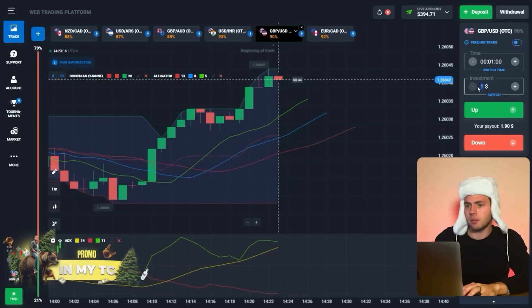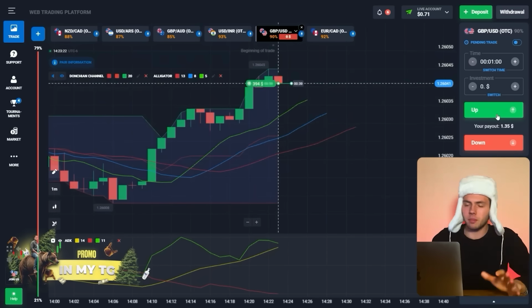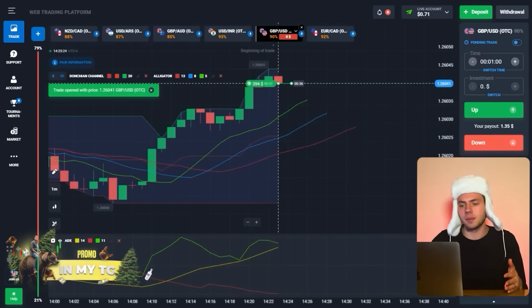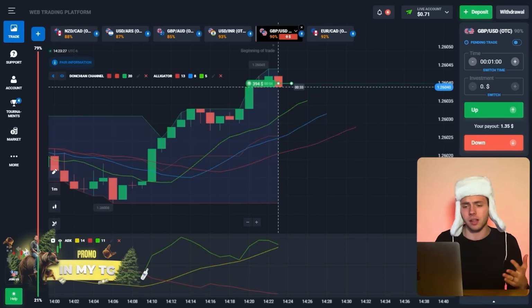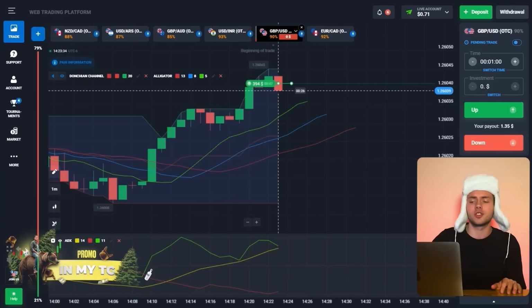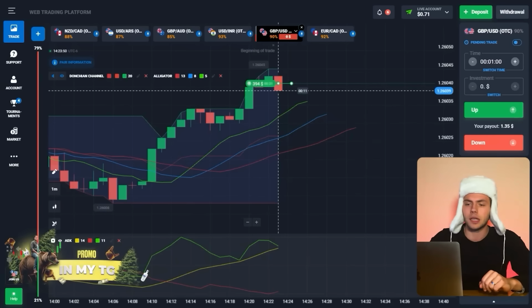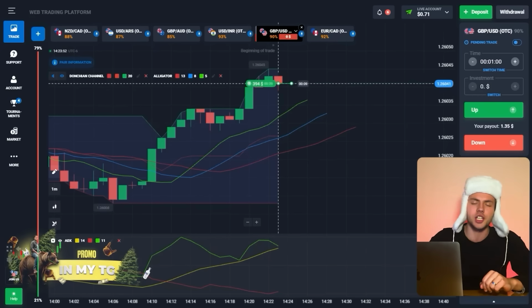Well, I'm setting up the amount, 394, and we're going to open a buy trade over here right now, because here the picture, maybe you see it already by yourself, but damn, the picture is pretty obvious over here. The ADX is giving us a pretty clear signal of upgoing trend right now. I don't know what can be more obvious than this, okay? And here again, the Alligator direction is also a signal of the upgoing trend. Here also, again, the middle line of the channel is a very strong level of support, and you see the price can't even reach it because it is